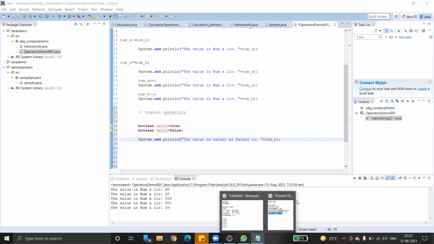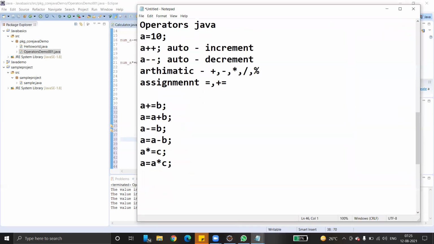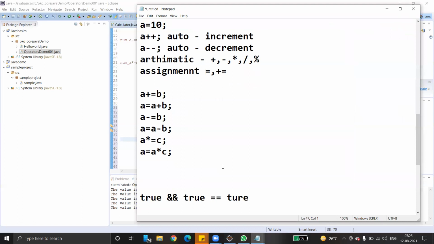Try it. Let me explain. If you use the AND symbol, true and true always returns true only. Or suppose any one of these variables contains false, then the total result is false. True and false, tell me what is the result? What is the value it returns?